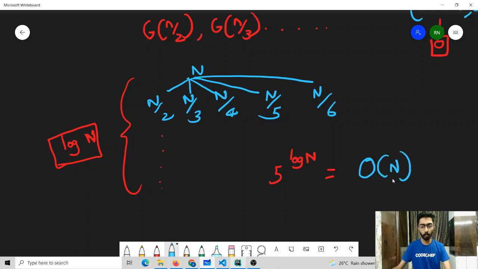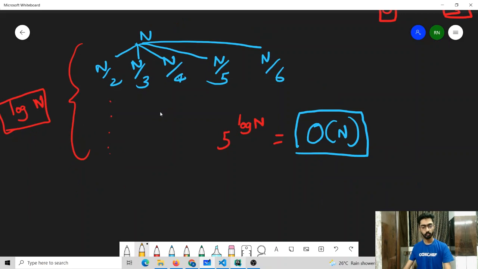And for the given problem, the value of n was 10 to the power 18. So this approach of finding the Grundy number will not work. But unfortunately, for this problem there is no other way to find the Grundy number. So what can we do? We are stuck. We cannot recursively find the Grundy number because that will exceed the time limit, and there is no other way to find it. So how are we supposed to find the Grundy number?